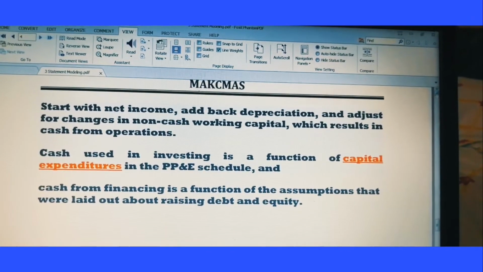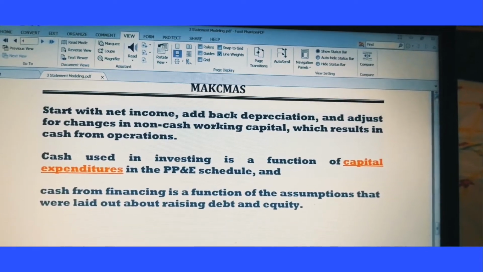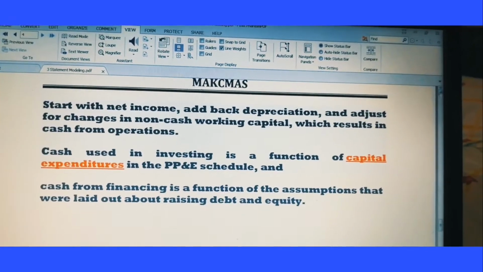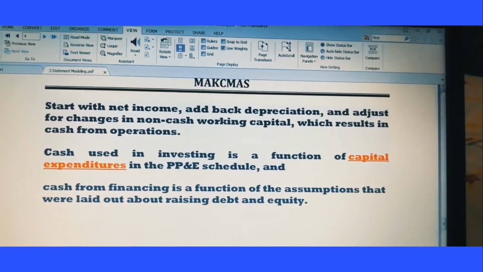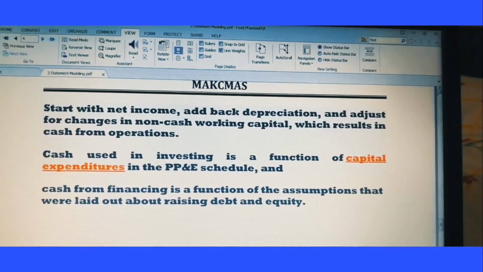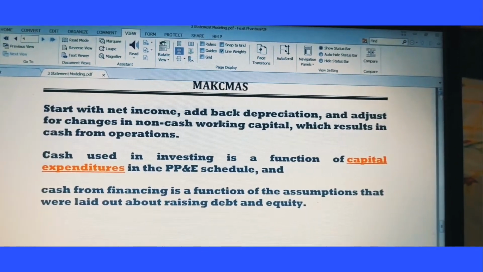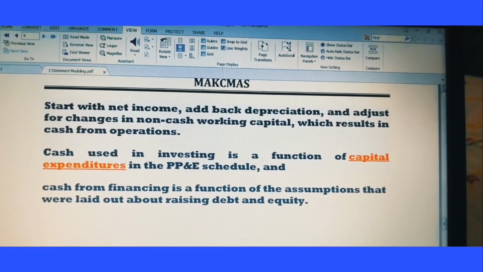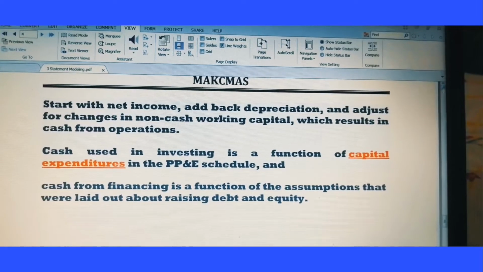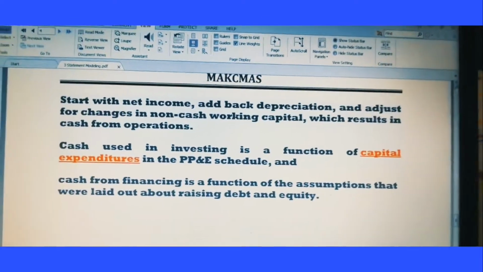Cash used in investing is a function of capital expenditures in the PP&E schedules, and cash from financing is a function of the assumptions that were laid out about raising debt and equity.